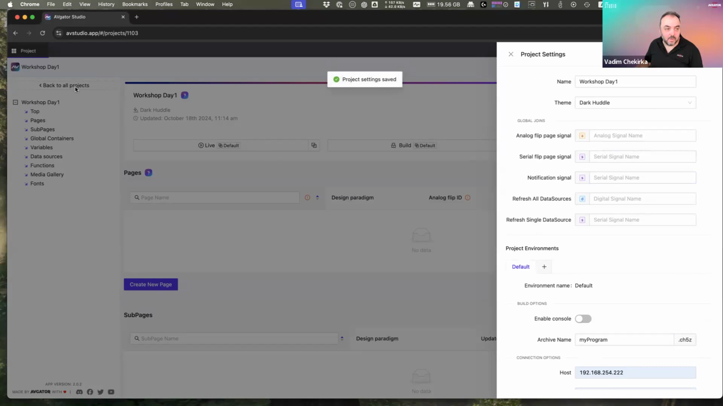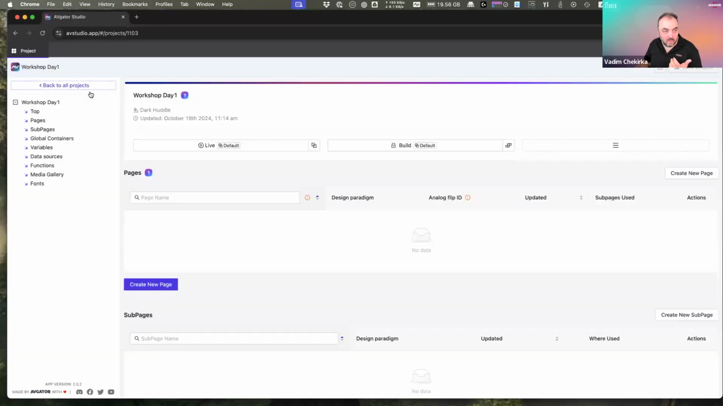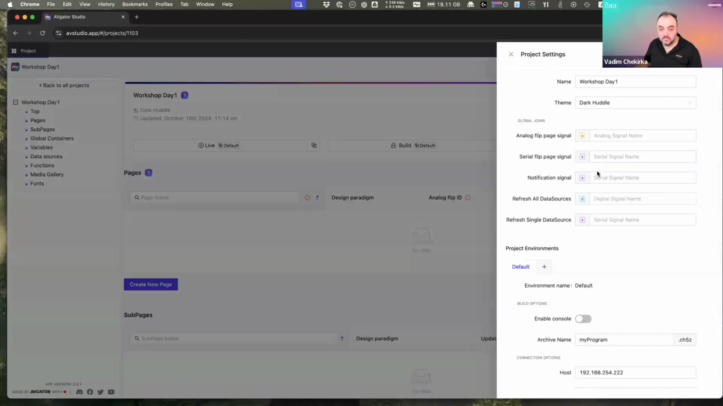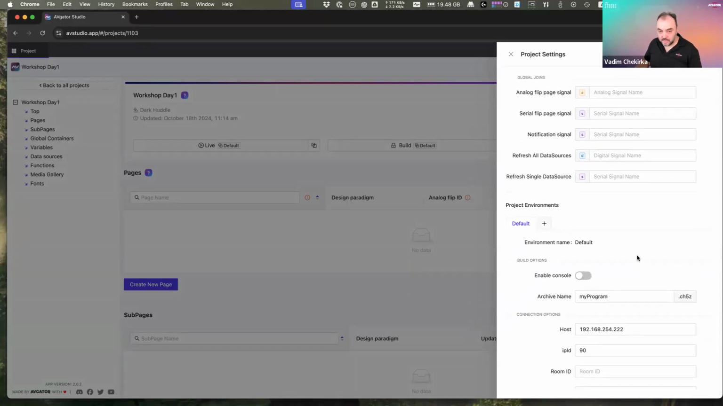Okay, so project settings, how do we get there? So we created the project, and when we go inside the project, you see this hamburger, yeah? And here we have the project settings. Okay, inside the project settings,